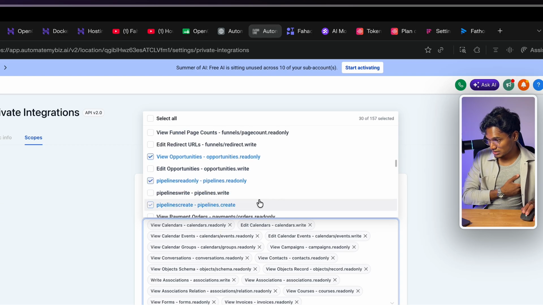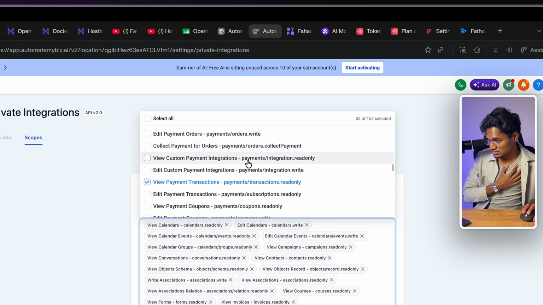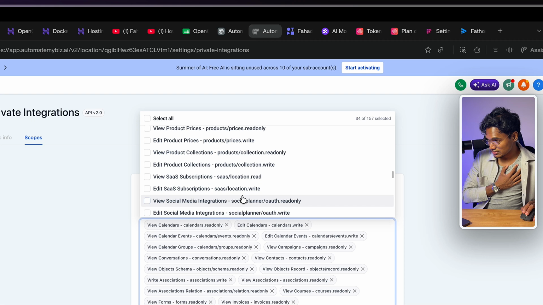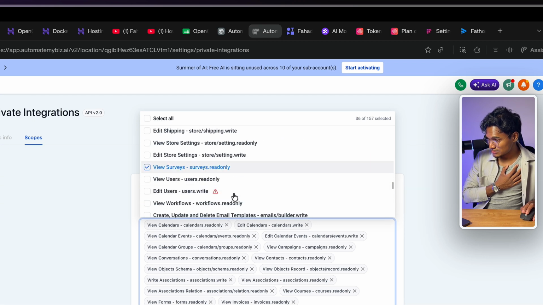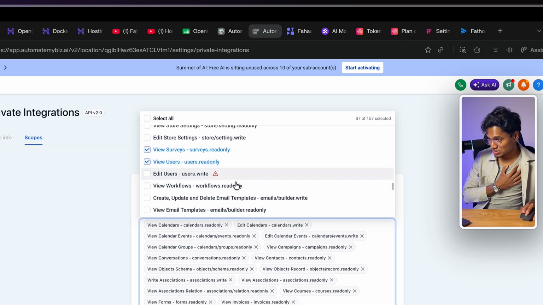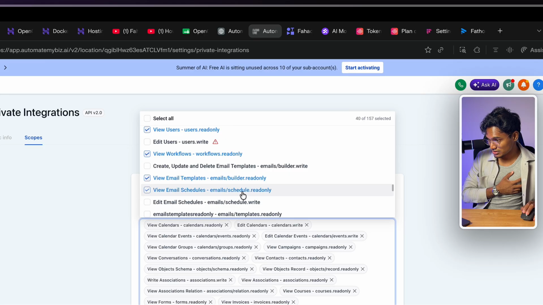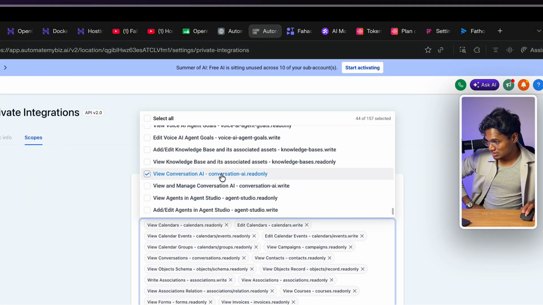View pipelines, pipeline create if you want to create stuff. View transactions, view payment integrations, view products. I think social media integration, view social media post if you use that. View surveys if you have surveys. View users, it's going to be important. View workflows, important. View templates, view schedules, charges, documents and contracts, view documents and templates, view conversation, view agents and